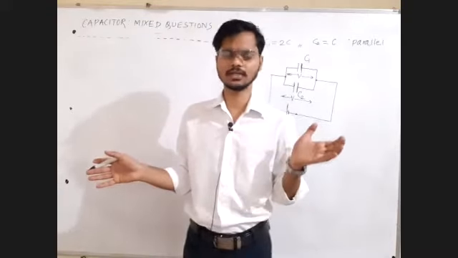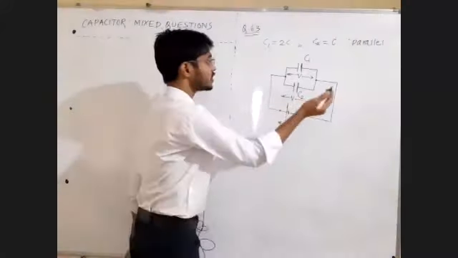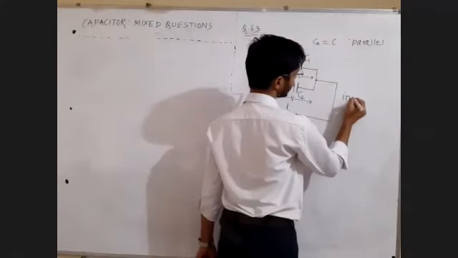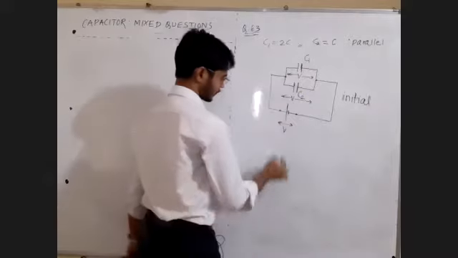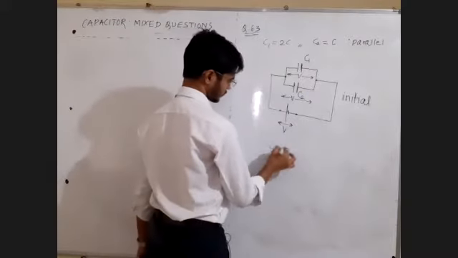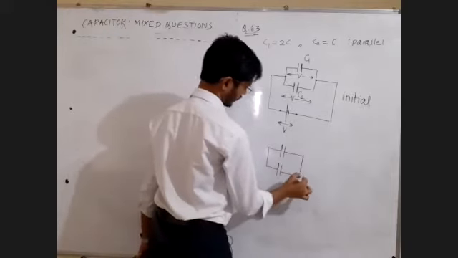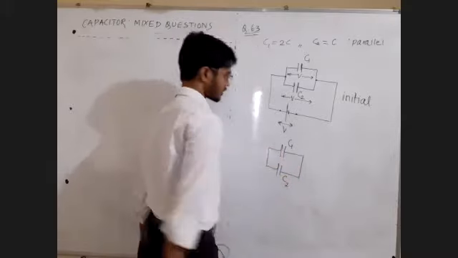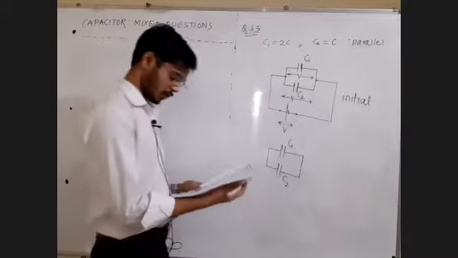That's it, nothing else. And if the battery is going to be removed, so this is going to be some initial condition, and now they are saying battery is removed. Okay, let's remove the battery. Battery removed, that's it. These two capacitors will now remain. All right, C1, C2, battery removed, but charge will be conserved, that we know. Charge on initial system is equal to charge on final system.